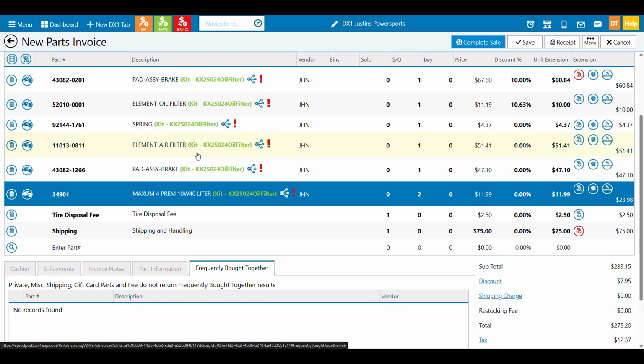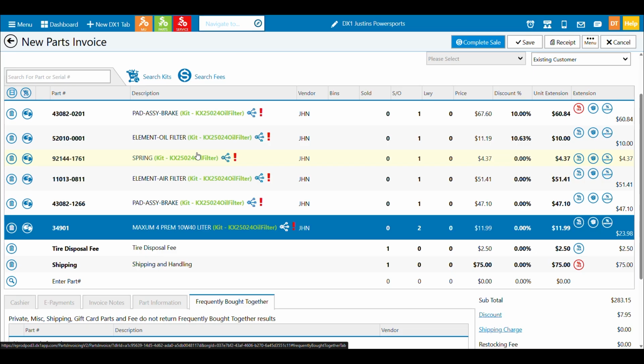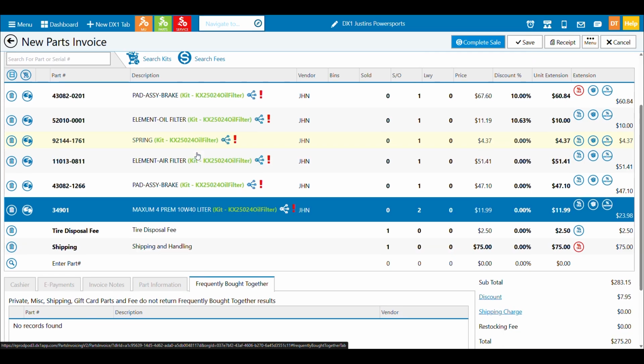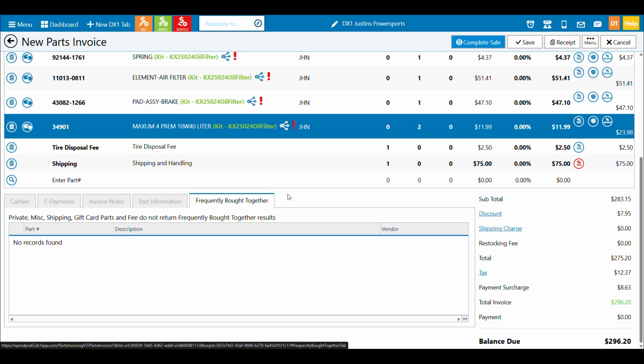If you're a multi-location store, and you happen to have a part in your inventory that's in another store's inventory and you highlight it, you would see a tab right here next to frequently bought together, that will show you what stores in your organization may have that part and the quantity on hand and the quantity available. So that's a great feature, but the part has to be in stock for it to show up. You can have the same part in the stores, but if there's not any in stock, it won't come up in the results. It won't just say, "Oh, hey, you have 0 in each store." So just kind of keep that in mind.